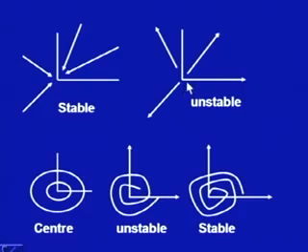So, this is the behavior of the solution, whether we are going towards the equilibrium point or going away from it. If we are going closer to the equilibrium point, we say the solution is stable. When we are going away from it, it is unstable. So, these are the cases when lambda 1 and lambda 2 are real and negative, and this is the case when lambda 1 and lambda 2 are real and positive. In all these cases, I am considering that the two values of lambda 1 and lambda 2 are distinct. But if they are complex and the real part is 0, then we will always have a closed trajectory, and a closed trajectory means the solution is periodic.